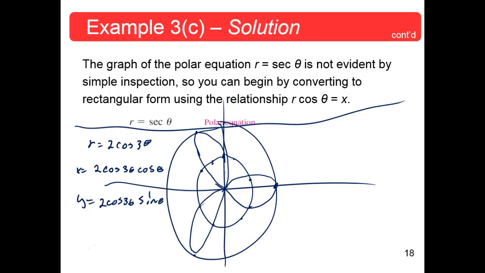Now, to me, that doesn't help a lot, okay? It says, after some experimentation, you'll find the entire curve, which is called a rose curve, by letting theta vary from 0 to pi, and then,